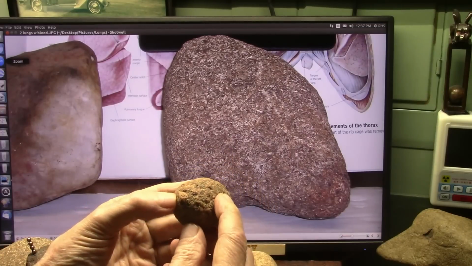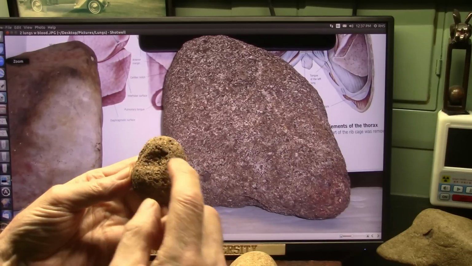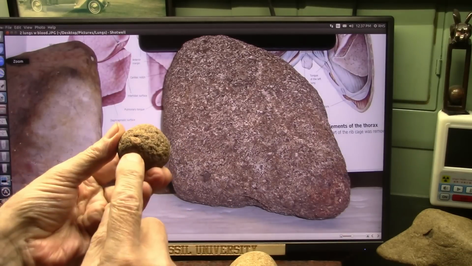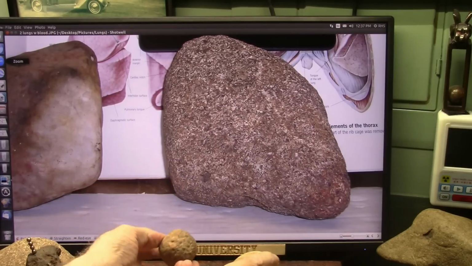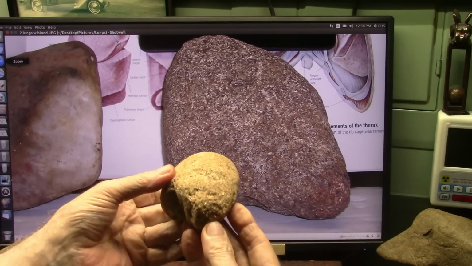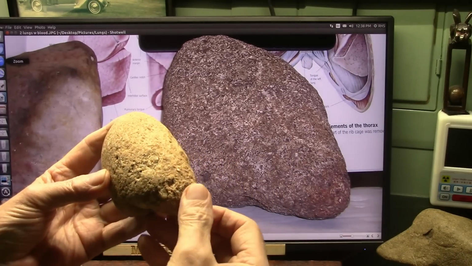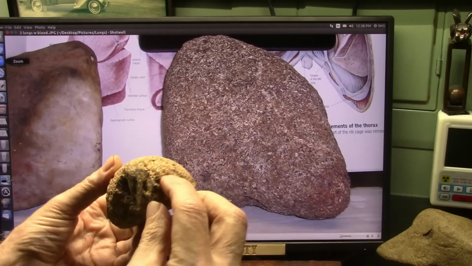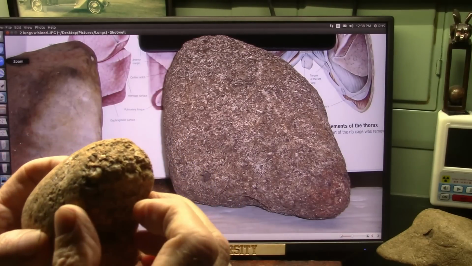It's this little triangle right here. And this one here turned into stone. It was a lung, turned into stone, but they all have that little latch on them. Now this one here, you see how it's kind of reddish and so forth. This one here has the same thing, but the reddish stuff has eroded out of it. But this is gnarly. That is really gnarly, that spot right there.